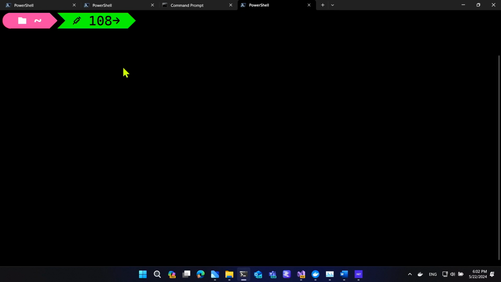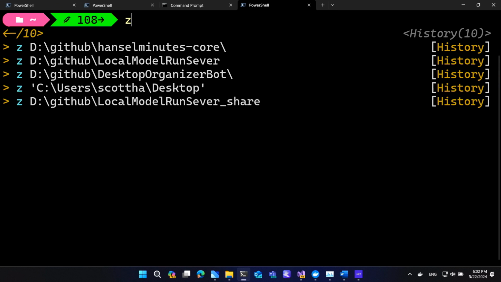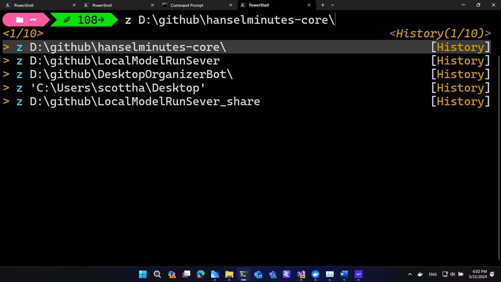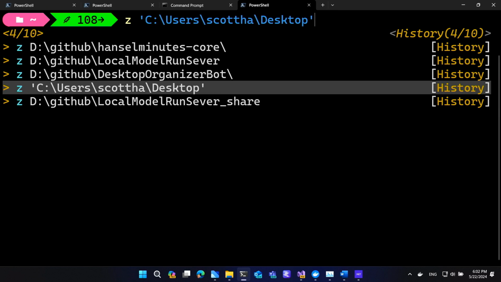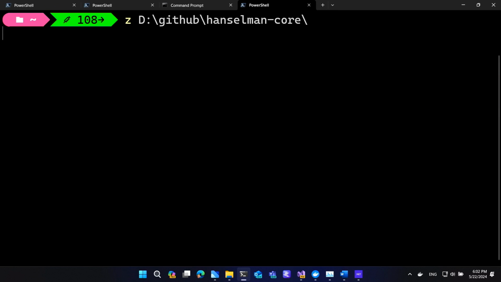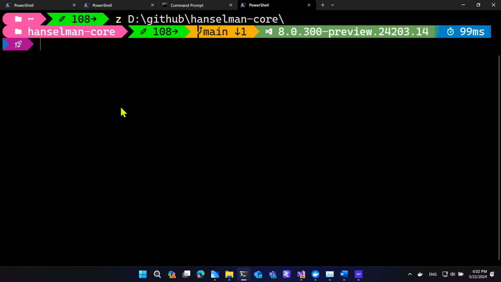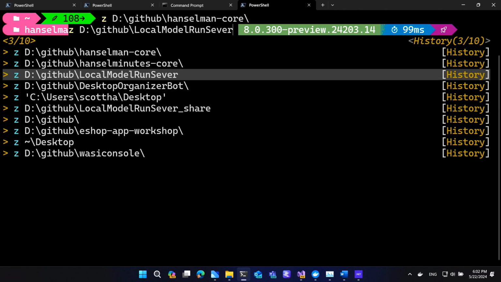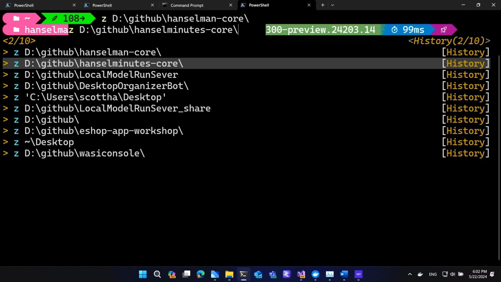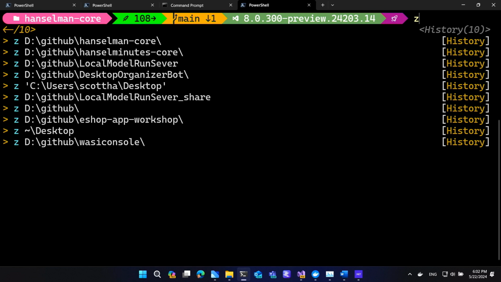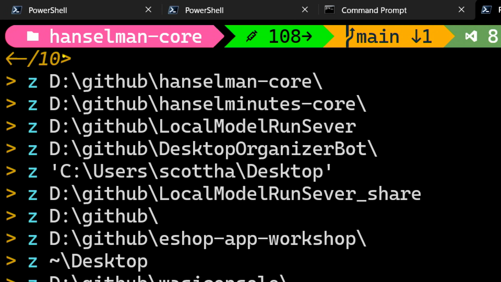And you'll notice here, if I hit Z, I'm using a module for PowerShell called Z that's giving me history. I can scroll around in my history, go backwards and forwards, and then move from place to place. Z is a faster CD, and then this PowerShell history plugin is giving me quick access to my Z. All of this is written up on the blog. And then I'm using Oh My Posh, that you can get at ohmyposh.dev, a great open source project that is changing the prompt.